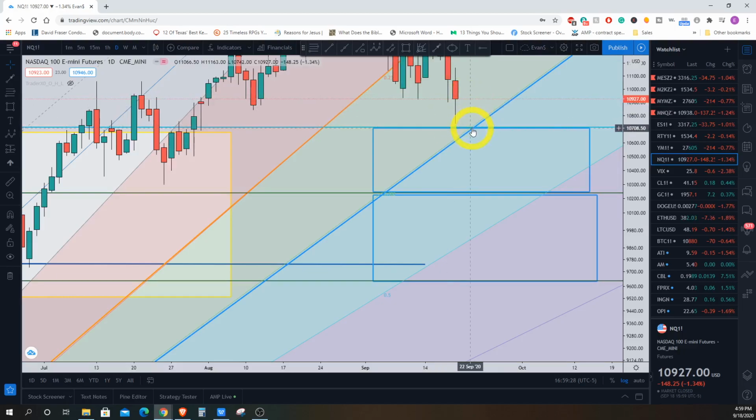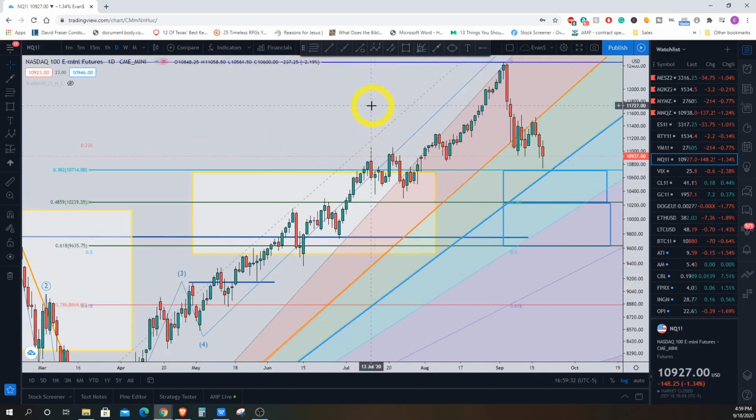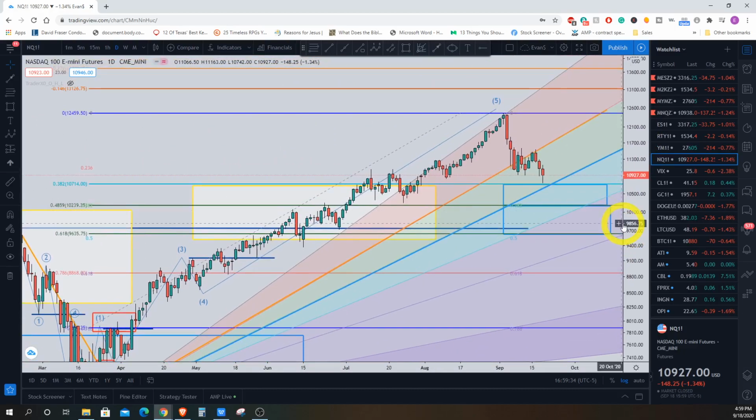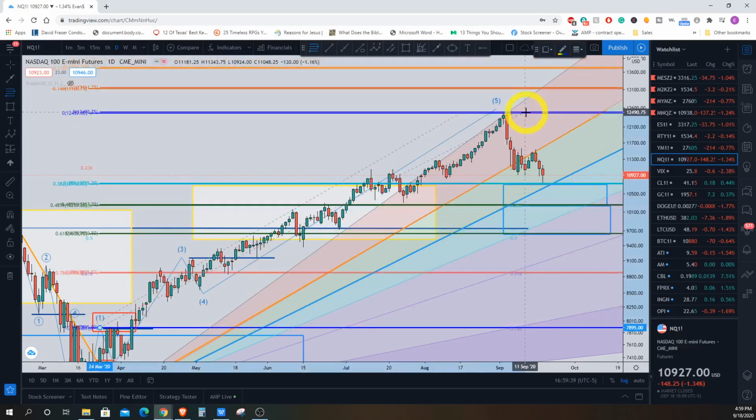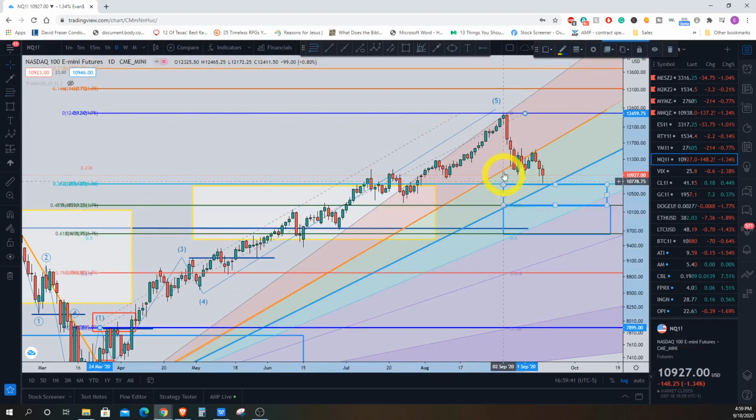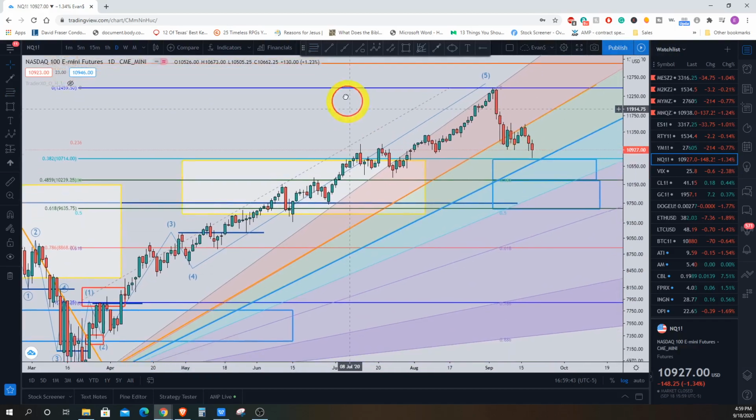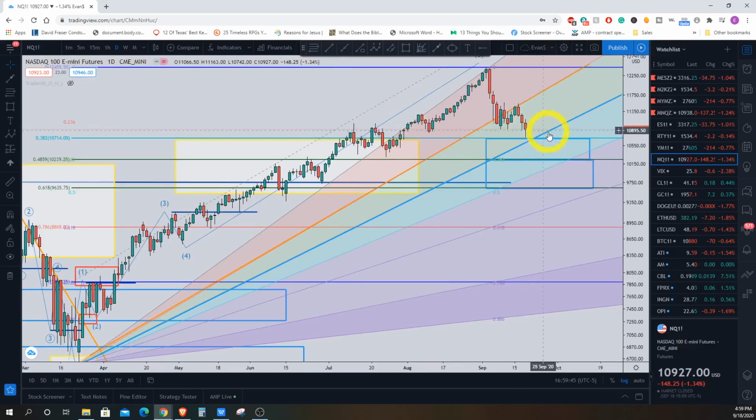I am looking for a move lower, at least to come down here and hit this 38% line from the 1 point move right here. There it goes right there, hitting that right there. So looking for that. And then if it continues to go down lower, which it looks like it could do,